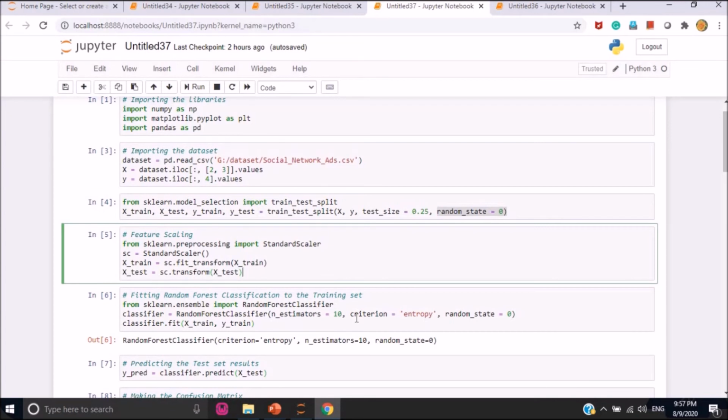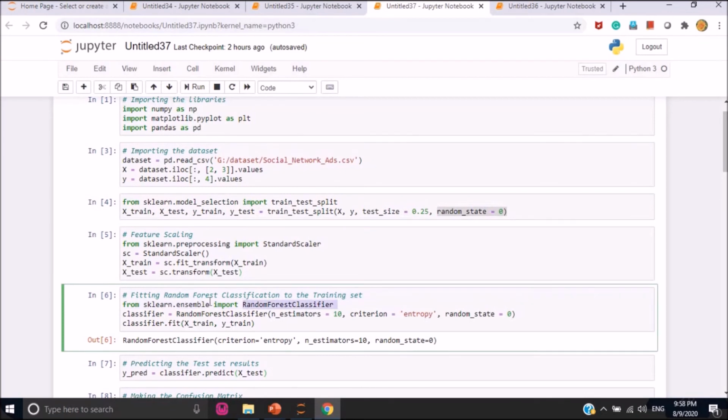Now it is time to fit the random forest algorithm to our data set. For that we are importing the random forest classifier from the sklearn library, and we are creating a classifier object. Here we have three parameters: criterion equals entropy, random state equals 0, and n estimators.